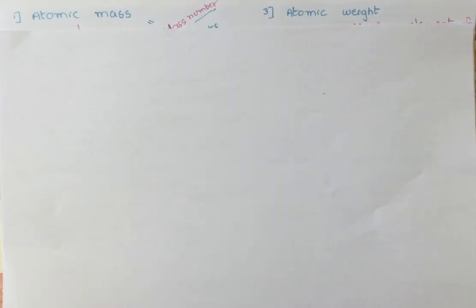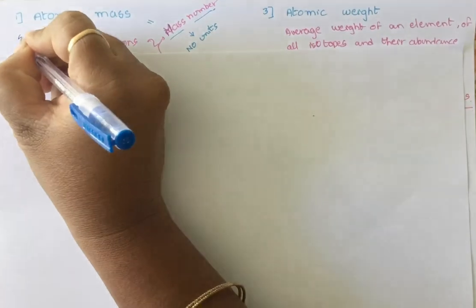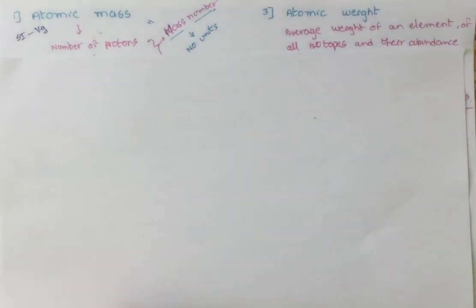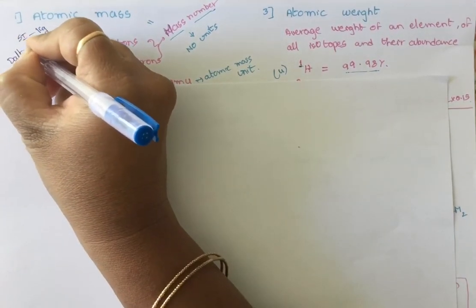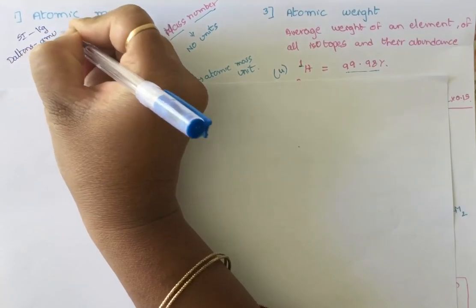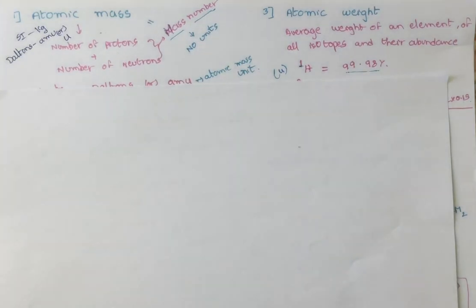Generally the mass of an atom is concentrated at the center, the nucleus. The nucleus has two subatomic particles, protons and neutrons. And it is a parameter. It has units. It has SI units. In SI we mention kg, but in general we don't use SI units. The non-SI unit we use is the Dalton, which is the atomic mass unit. Nowadays we even show only unified mass.